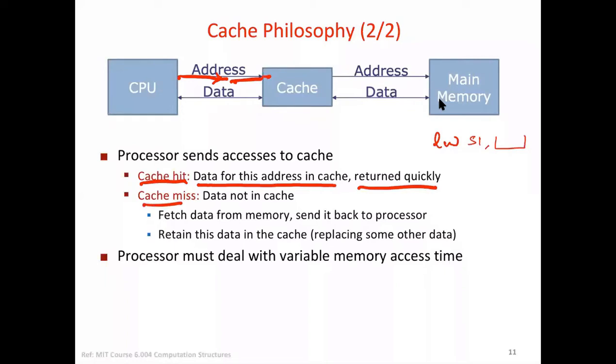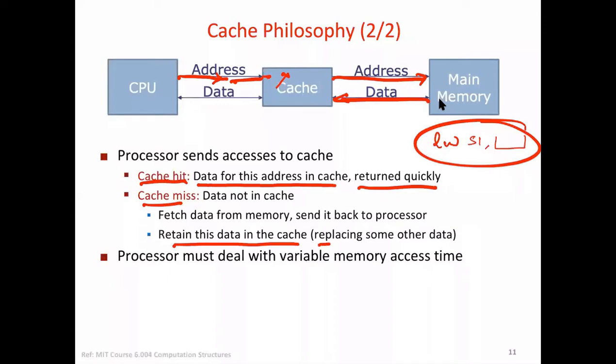And a cache miss is when you want to read some word and it's not there. Then what we need to do? We'll have to get the data from a lower level. Here in this case, we show this as memory. So the same address will go to memory or the lower level, and data will be transferred to the cache. Then in the cache, we will retain the data for a longer time, as long as we use it, or if there is a policy to move it back or throw it out. And if there is no space in cache, then we have to replace something to bring this in.